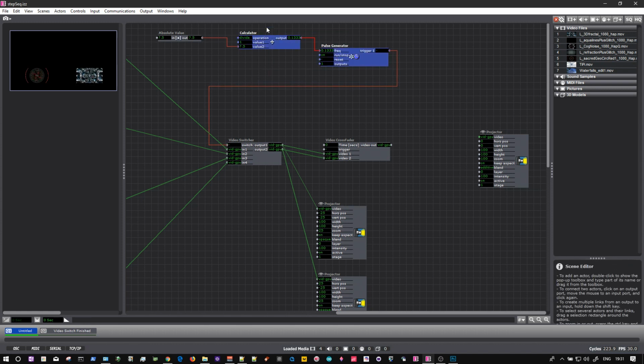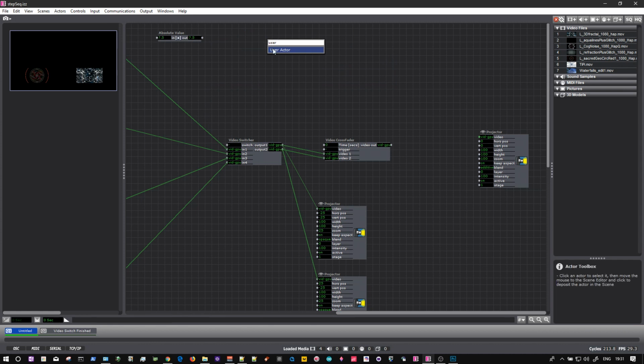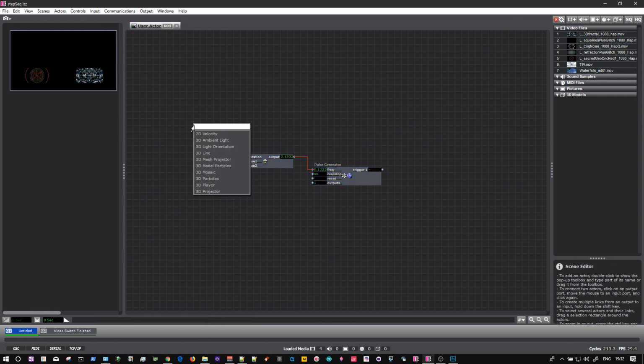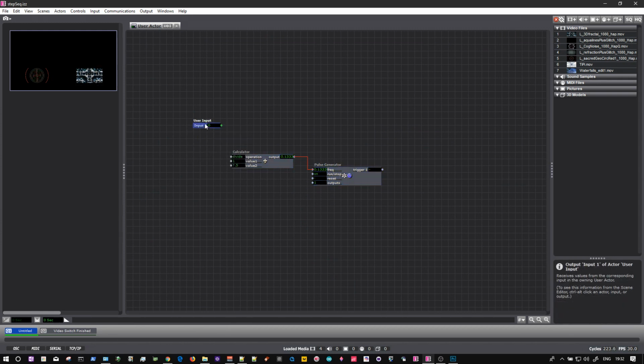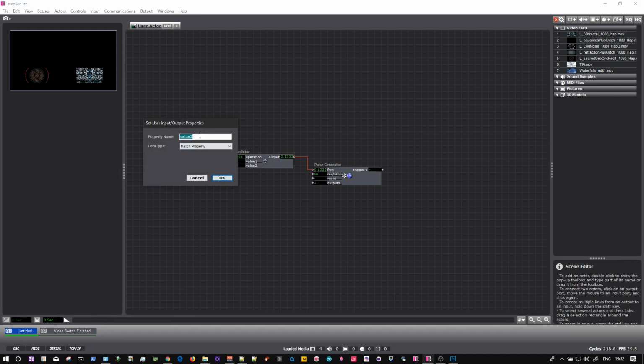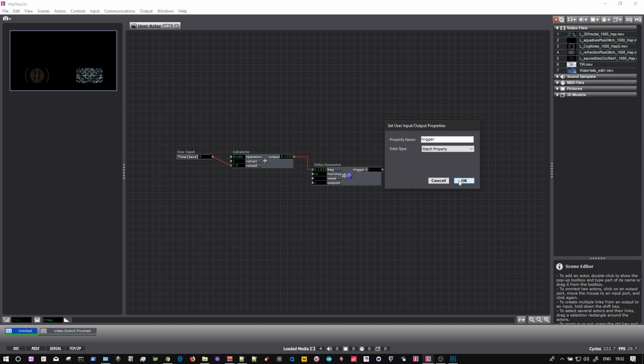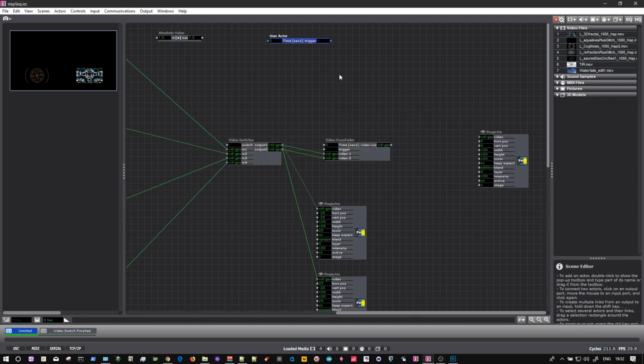I could even take these quickly, add another user actor, paste those. It's a simple one, but I think it'll clean things up a little. User input, that again. Oops, cancel. I put that on the wrong one. That's what we want to control there. We're going to call this time, again in secs. And okay. User output. Trigger is absolutely fine for that. It doesn't need to be trigger 1, it can be just trigger. Save, update, and we are going to call this